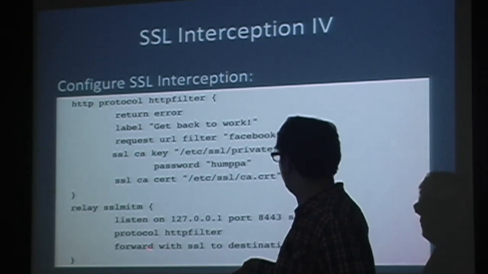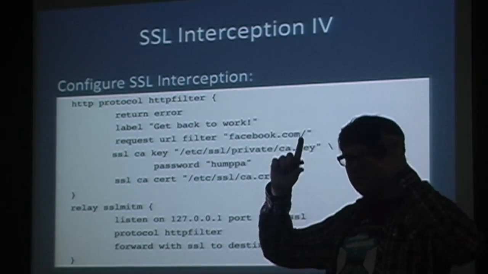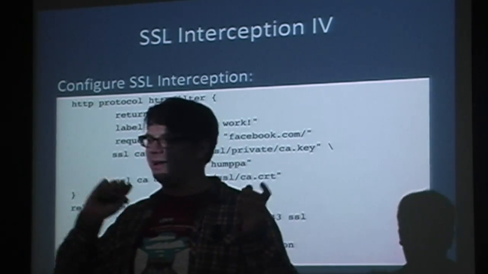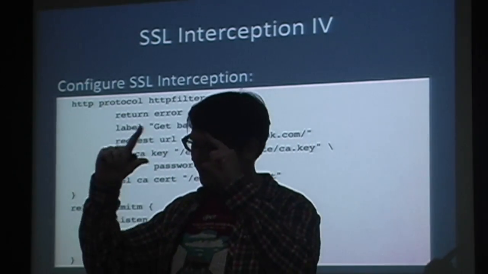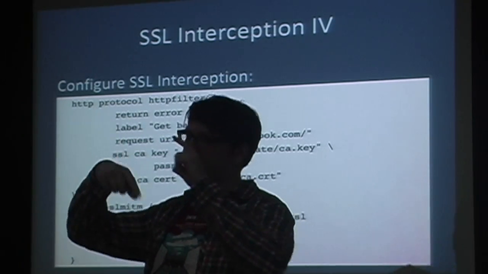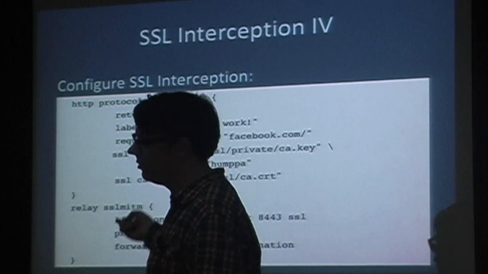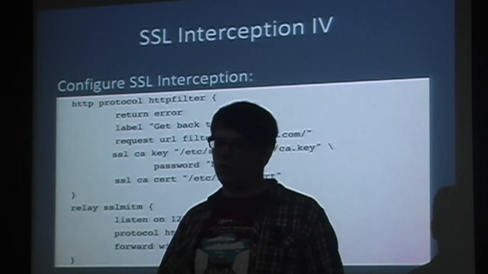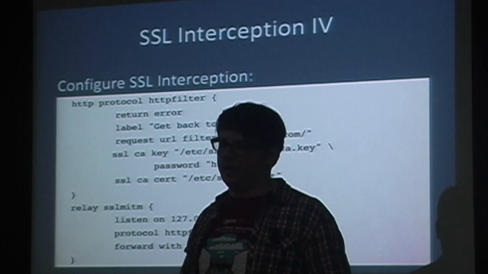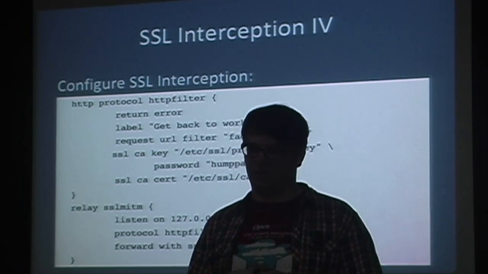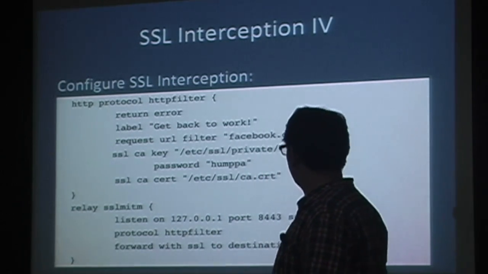I could also say forward to and then in angle brackets, the table name, using the results from a health check. I don't show how the health check is configured here, but it looks a bit like in PF: forward to table name, and then in the table there are all the hosts that are alive by the health check. So there are various options.